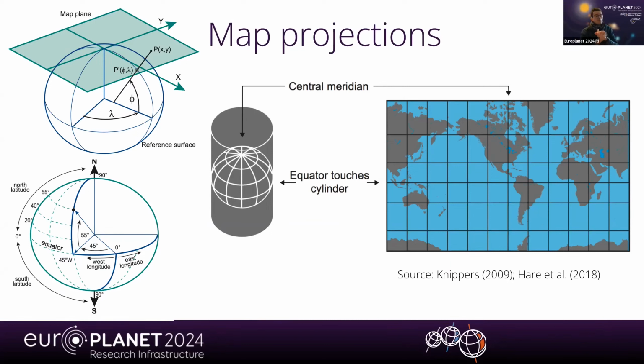Typically, most of the things that we do, and you will do also in the next days, use metric coordinates, which are Cartesian. So at some point, you have to transfer from the latitude and longitude angles to X and Y. And that's all about GIS